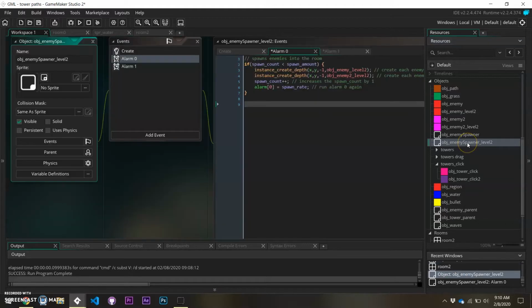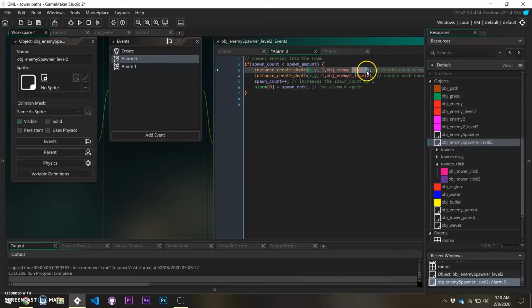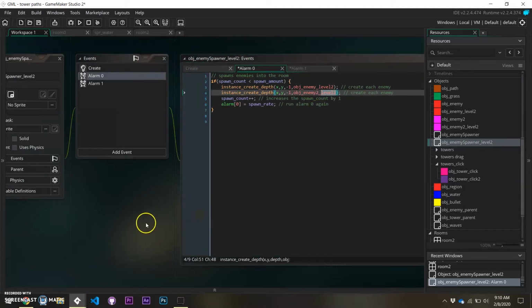If I go look at enemy spawner, everything's the same. So I duplicated it, but I changed one thing, and so it's going to generate level 2 enemies that follow that path. So I've got that in. But now the next thing I need to do is in OBJ spawner, in alarm 0, I want to add a switch case statement, so I can do something different for each